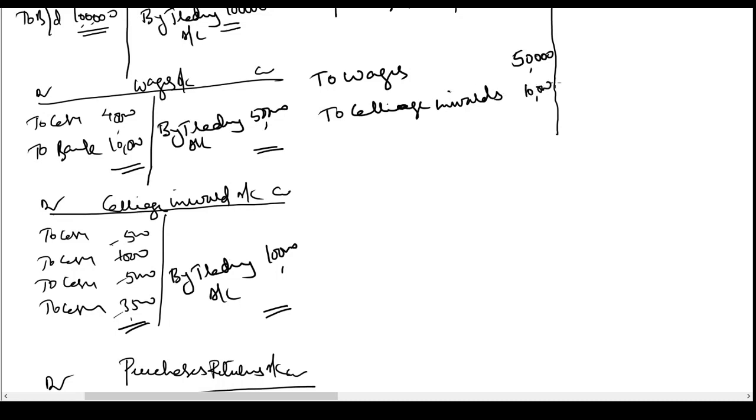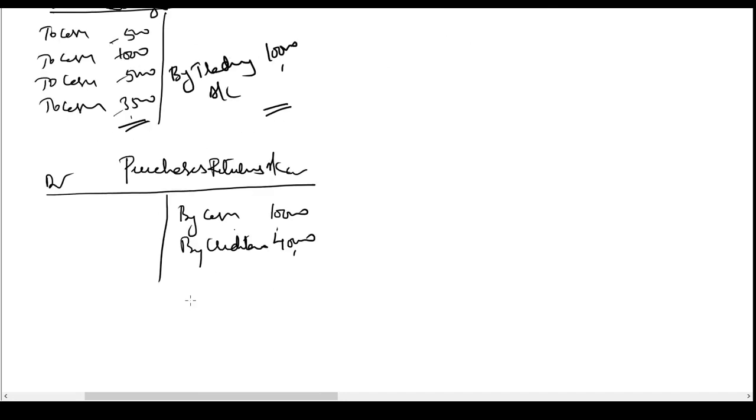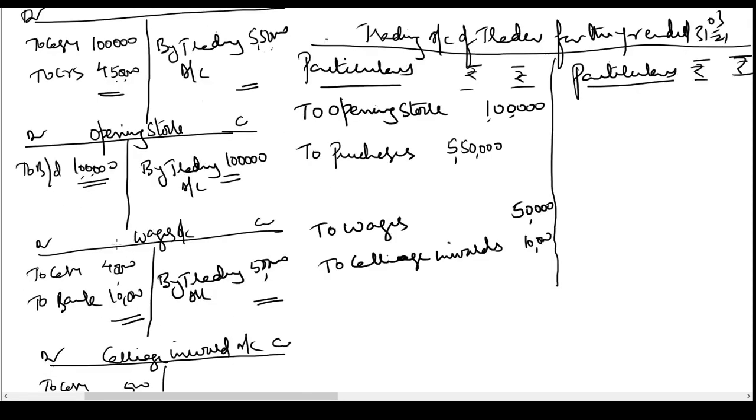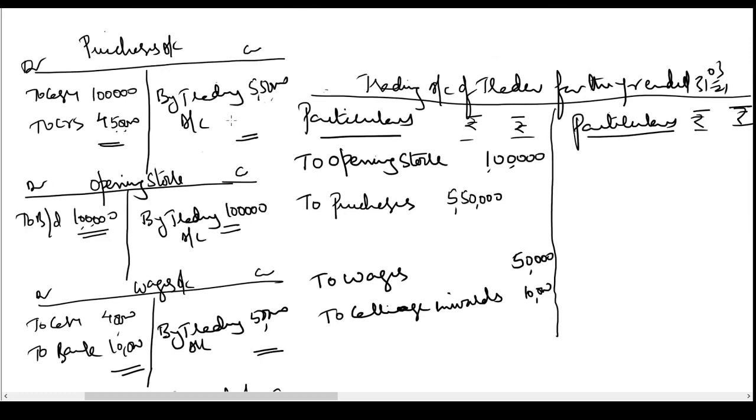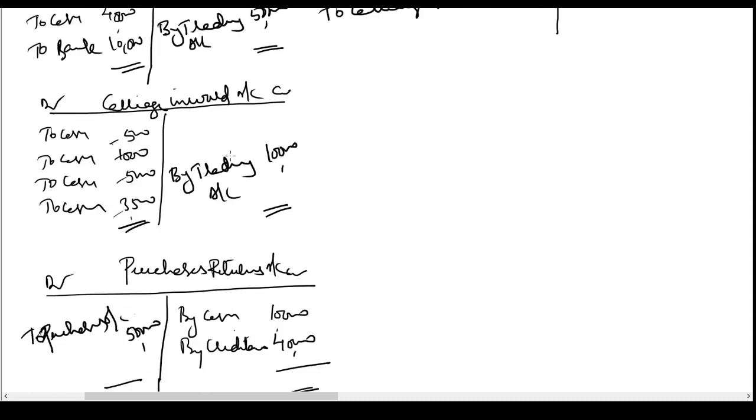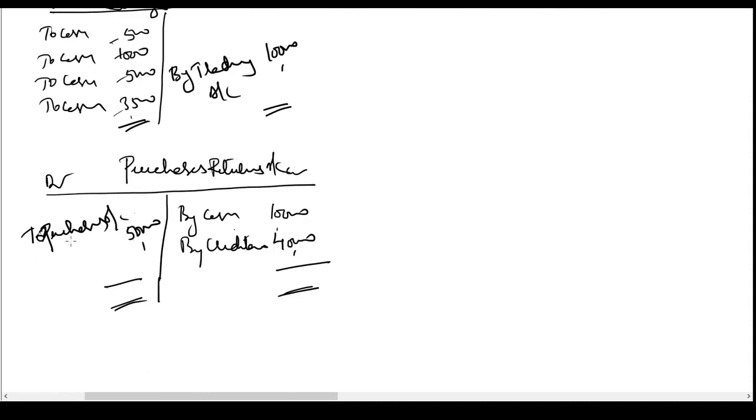Now purchase returns. What should we do with purchase returns? Actually, these are the goods which we have purchased from our suppliers and we have returned to our suppliers. So if we want to arrive at the net purchases figure, we have to transfer this balance to purchase account. To purchases account 50,000. But if I go to the purchase account, I find that the purchase account is already closed. The balance has been transferred. There is no point reopening the account. Purchase returns has to be transferred to the purchase account. That means I have to reduce it from my purchases.